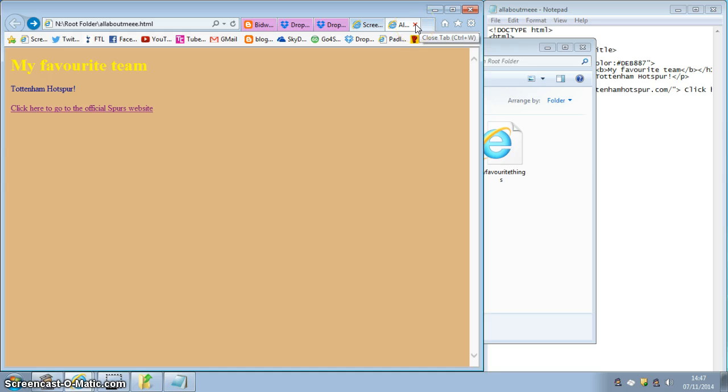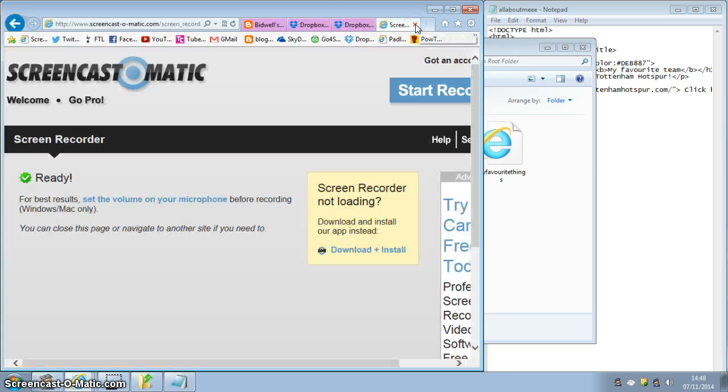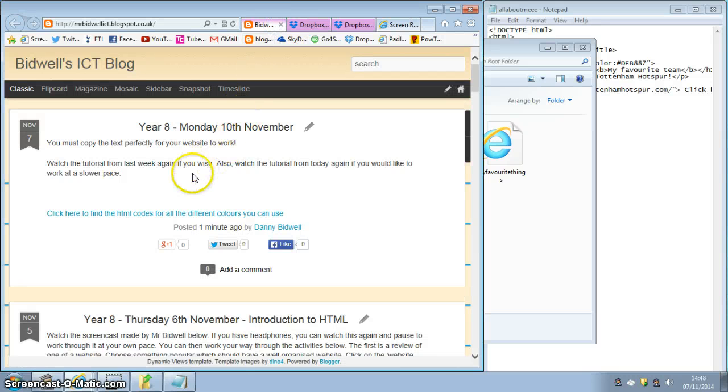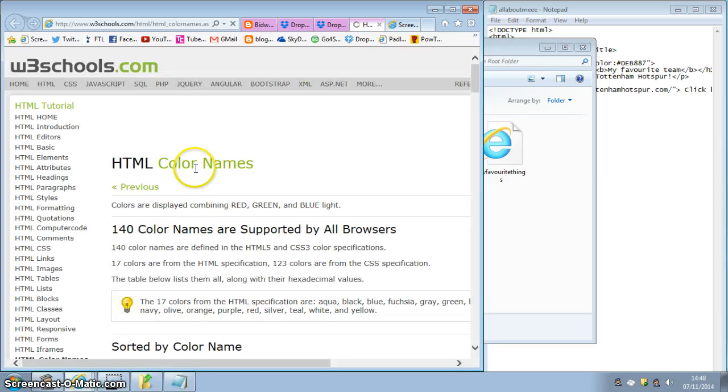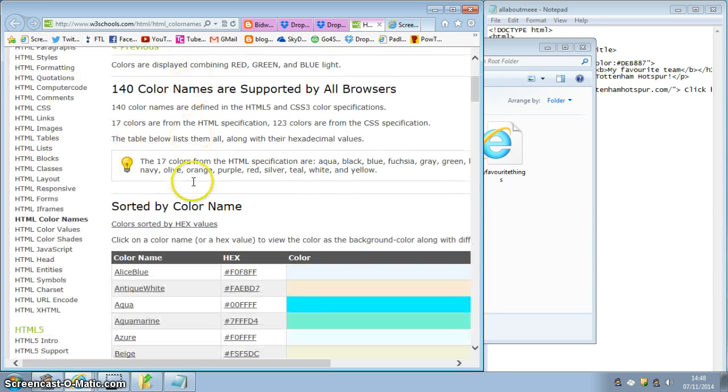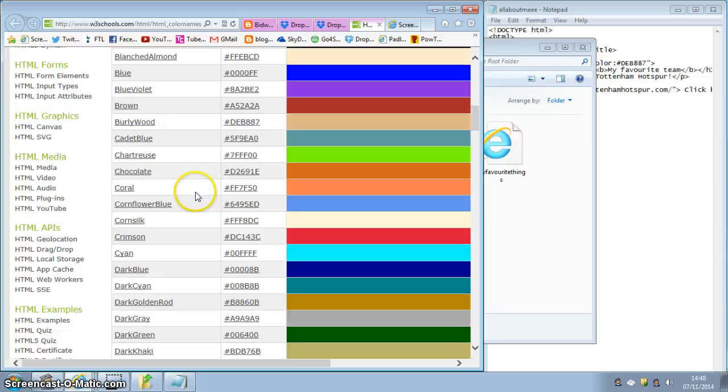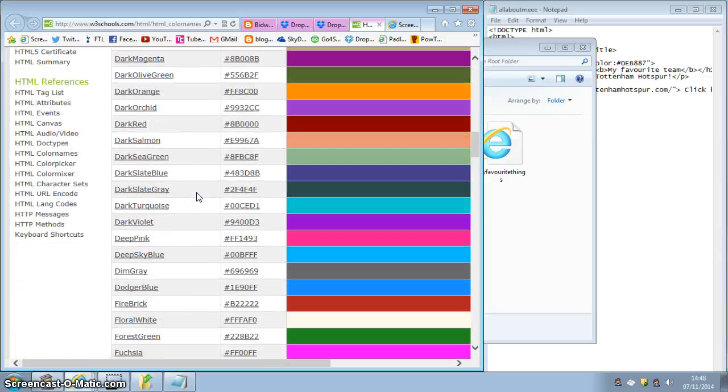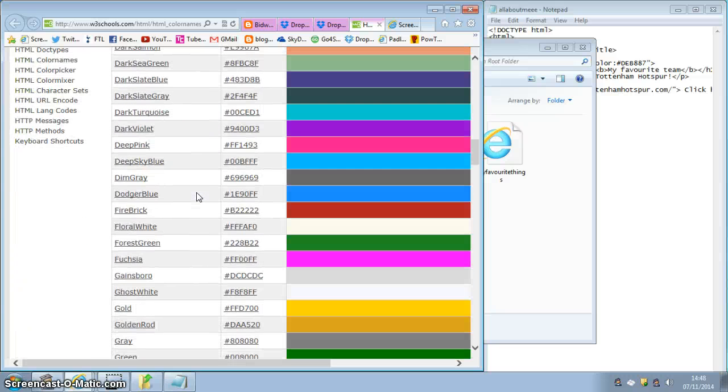There was another little trick that I wanted to show you. Okay, if you go to my blog here and click this link here, it will take you to this website where you can use loads and loads of different colours. So if I wanted to change my background colour, for instance, to say a light blue, quite like that one there, you'll notice that there's this code. I'm going to copy that,